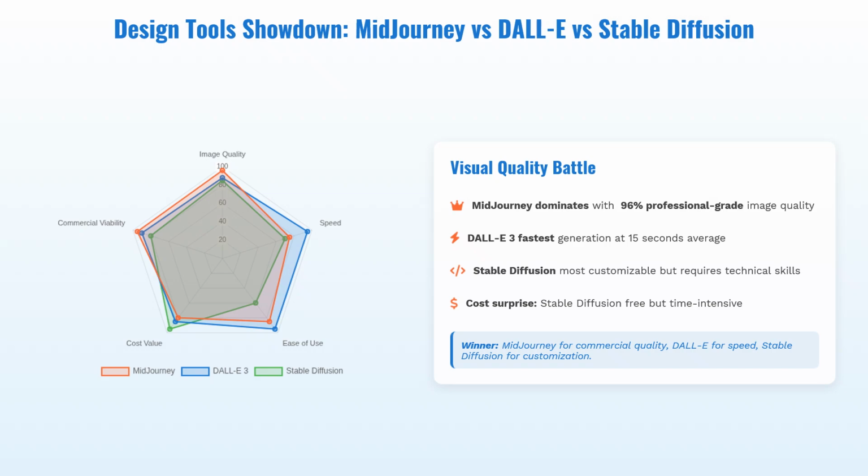Stable Diffusion proved to be the wild card, completely free and incredibly powerful, but requiring technical knowledge that most beginners simply don't have. The cost analysis was eye-opening. While Midjourney's $10 per month seems expensive, the quality justifies it for serious creators, whereas DALL-E's integration with ChatGPT Plus